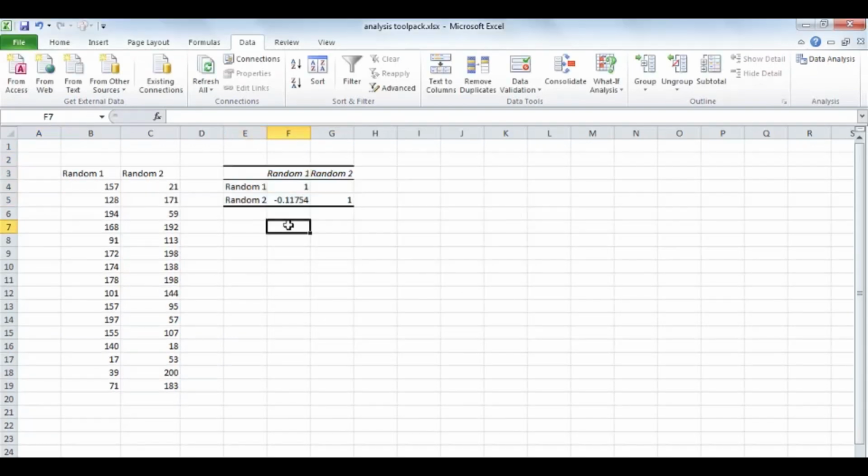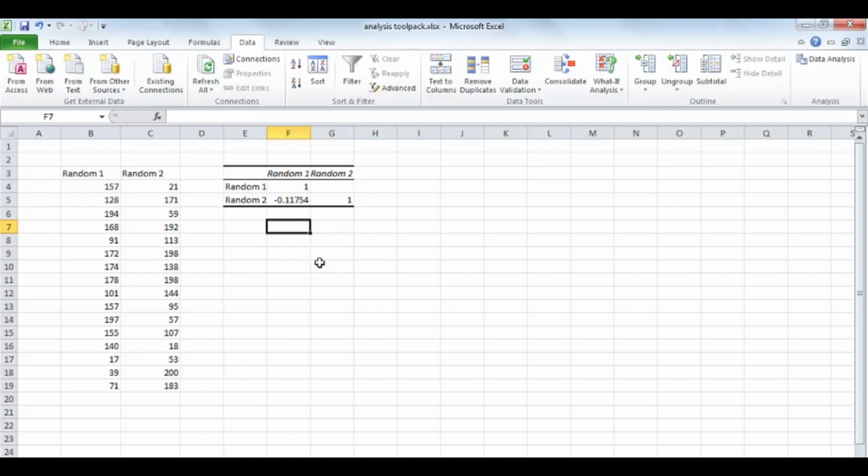So now what it tells us is that correlating the first column with itself and the second column with itself, of course, gives us a 100% correlation, but when it correlates the 2 columns with each other, that's a pretty low number. Now in real life, you probably couldn't care less about ranking random numbers, but what you might be doing is